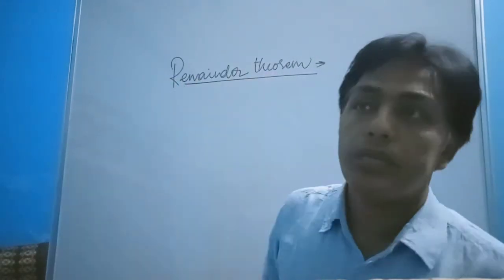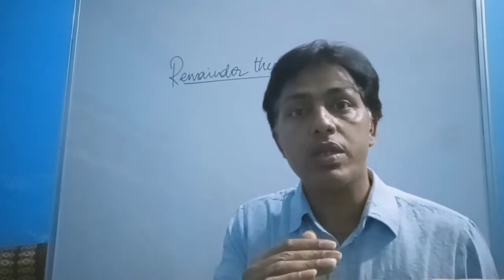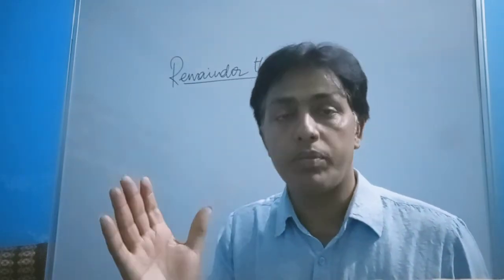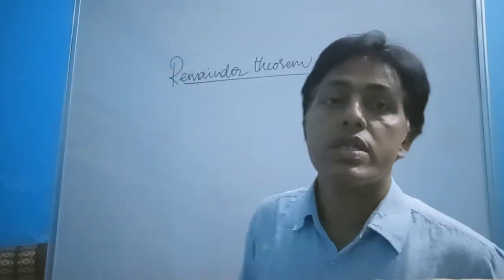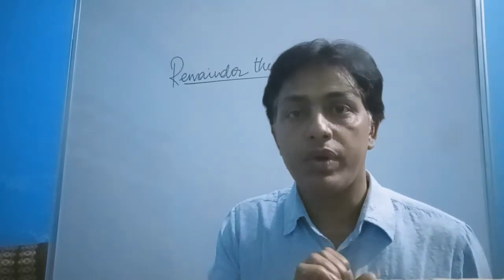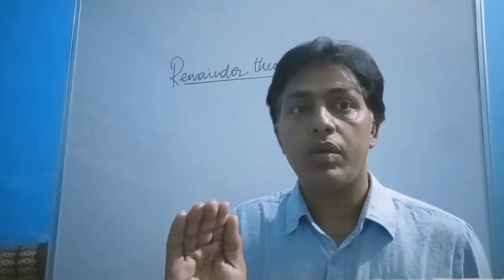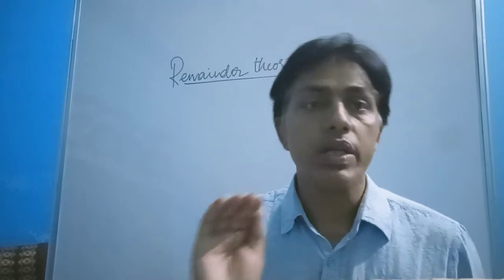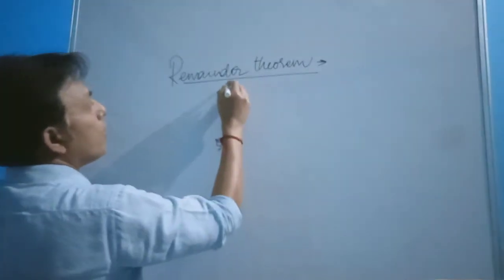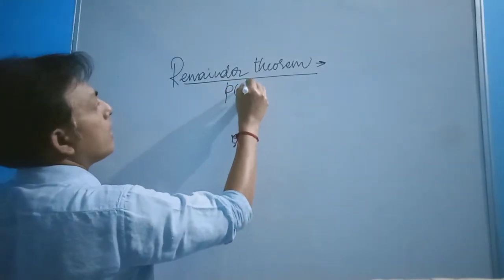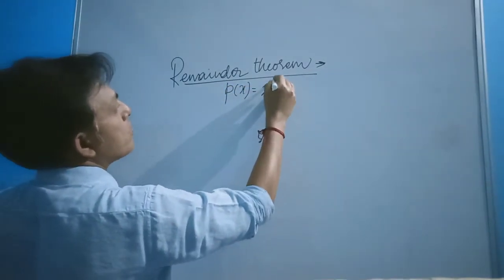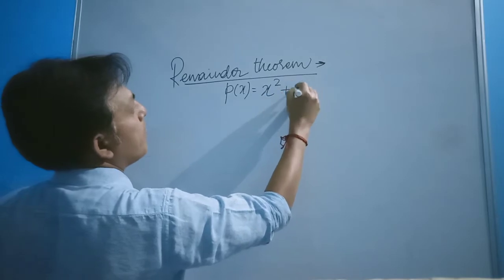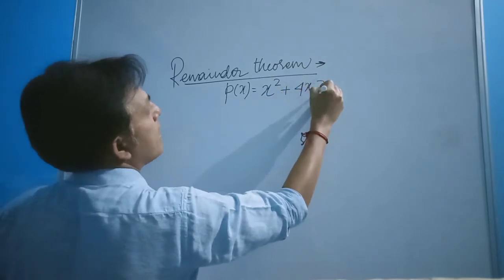Remainder theorem. So, going straight to the theorem, we will discuss an example, and through the example we will try to understand what the remainder theorem is. Suppose we have a polynomial p(x) is equal to x square plus 4x minus 7,